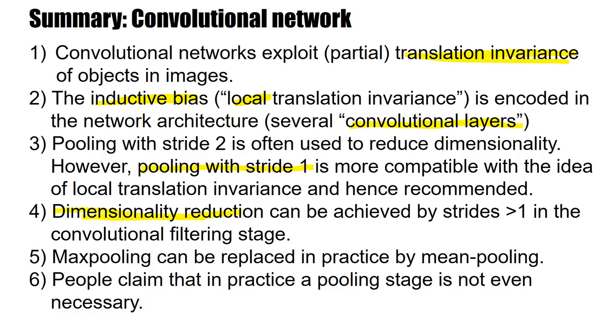Well, it can be done by using strides larger than 1 in the convolutional filtering stage. So if you have a filter of the size 5 by 5, then you can easily use a stride of 2, and this allows dimensionality reduction. Then we have seen that MaxPooling can in practice be replaced by mean pooling,